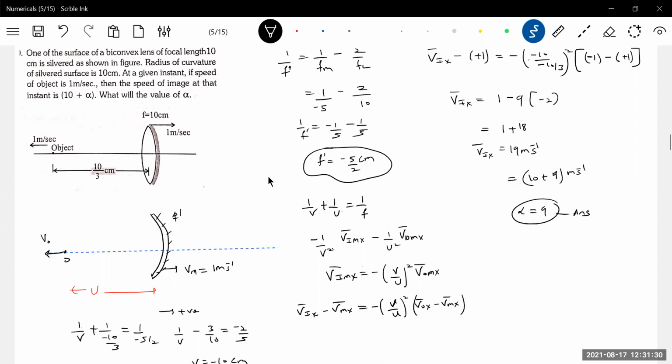Yesterday, whatever happened. Today, what happened? Directly, straight away numericals. I gave DPPs, or you have so many books now, straight away numericals. How to take numericals? Pick up problems from all the topics: plane mirror, spherical mirror, refraction at plane surface, prism, TIR, variable refractive index, then lens. Pick up 10 problems from each, or 15 problems. Take a time of 1 hour. Solve it. Next again. I think a good revision will occur.